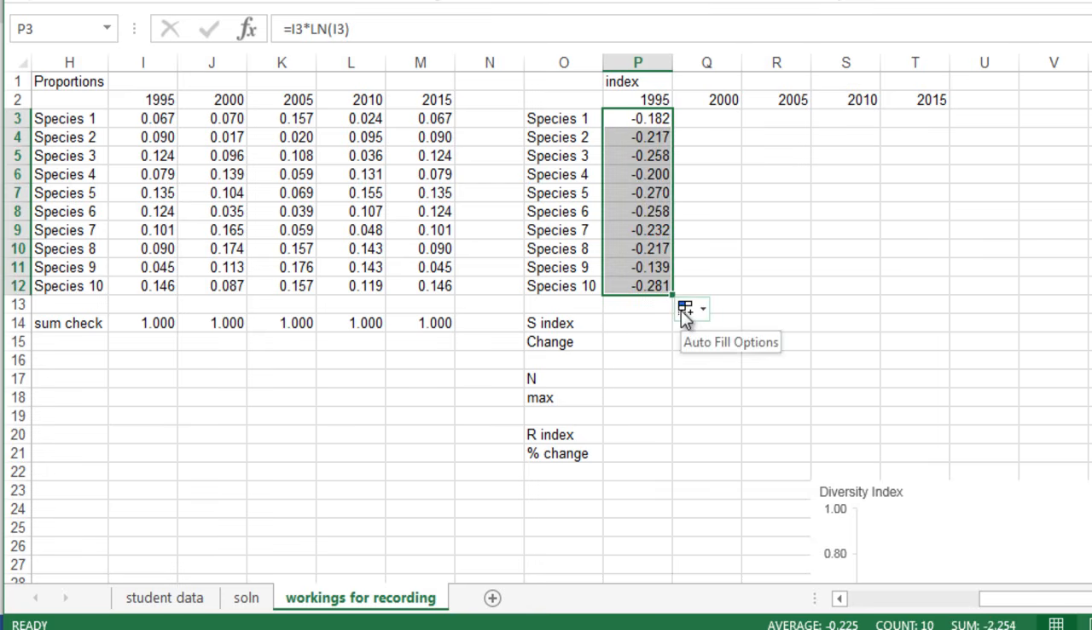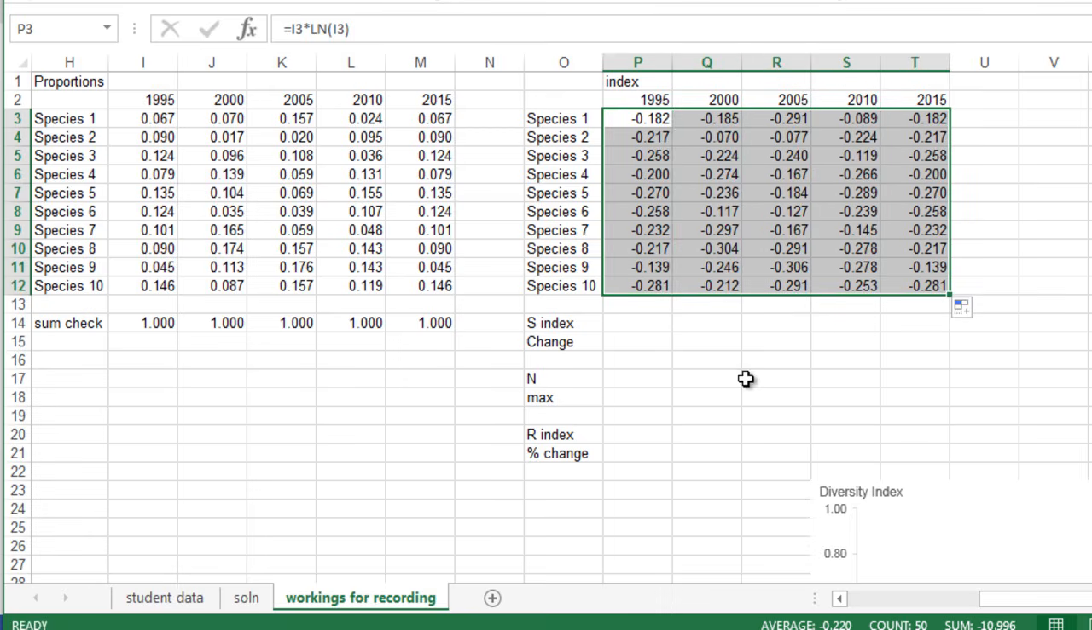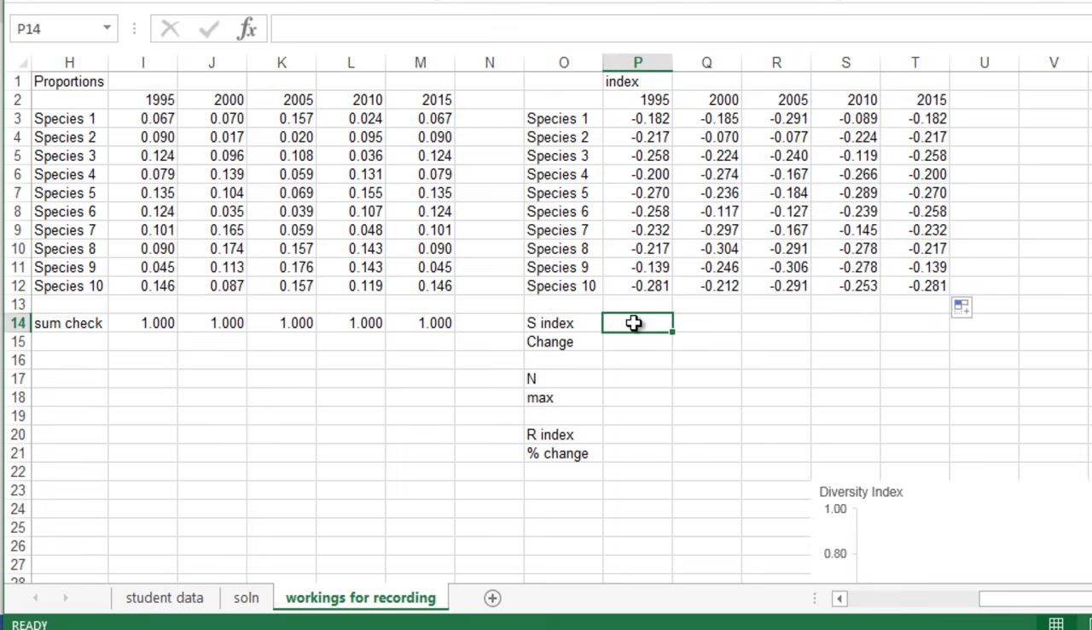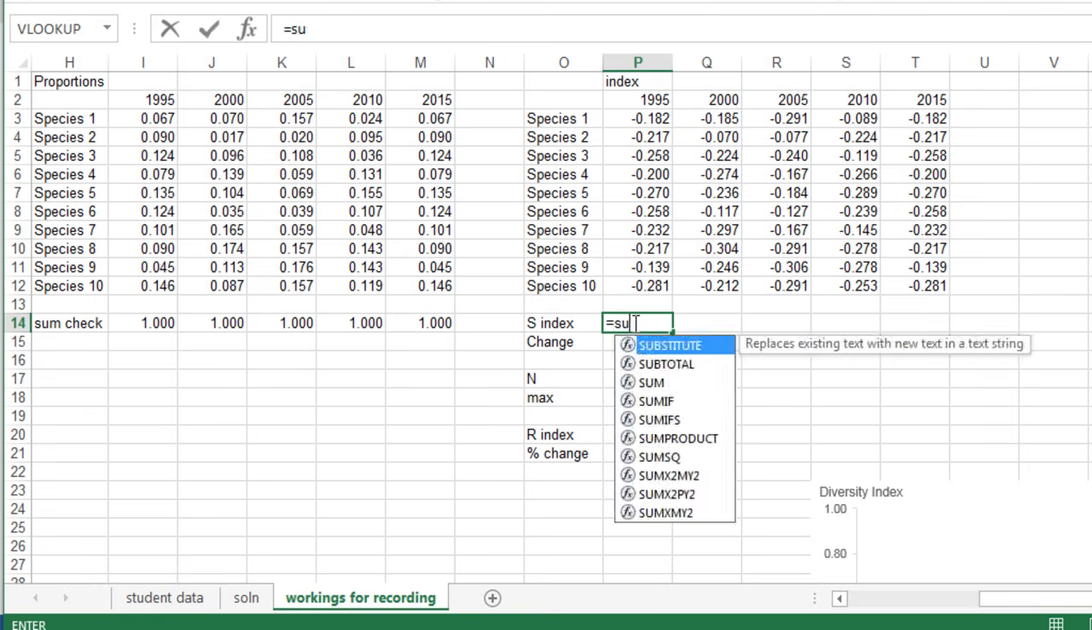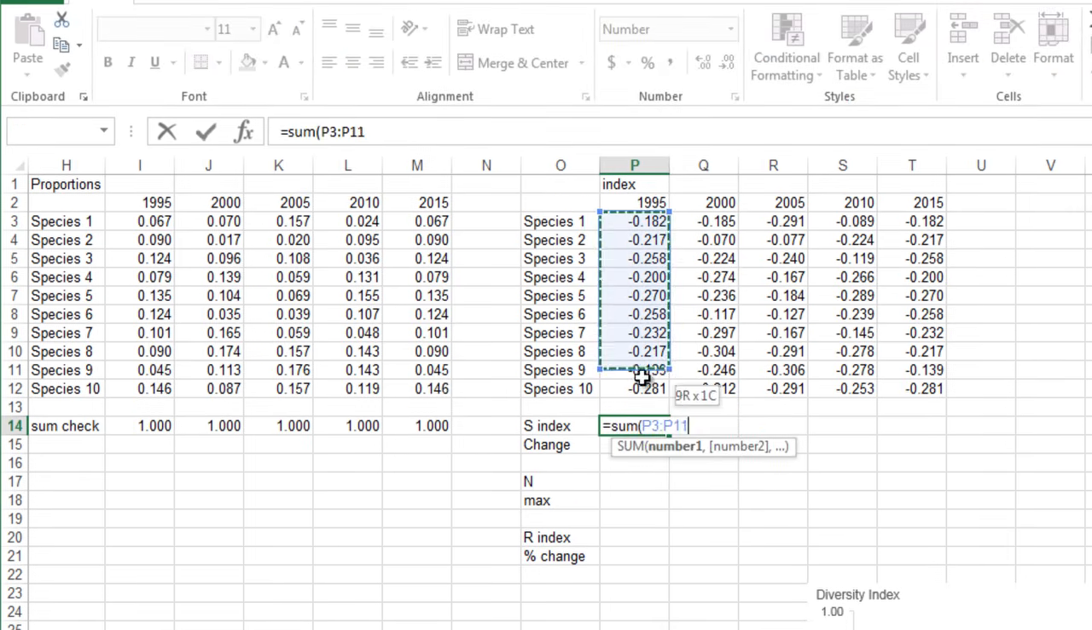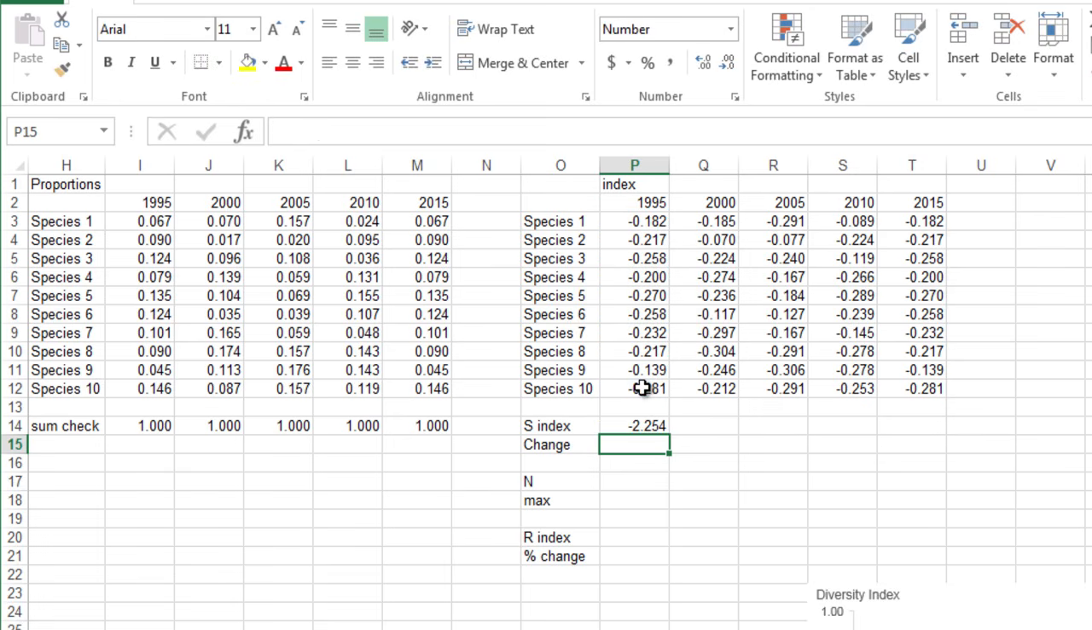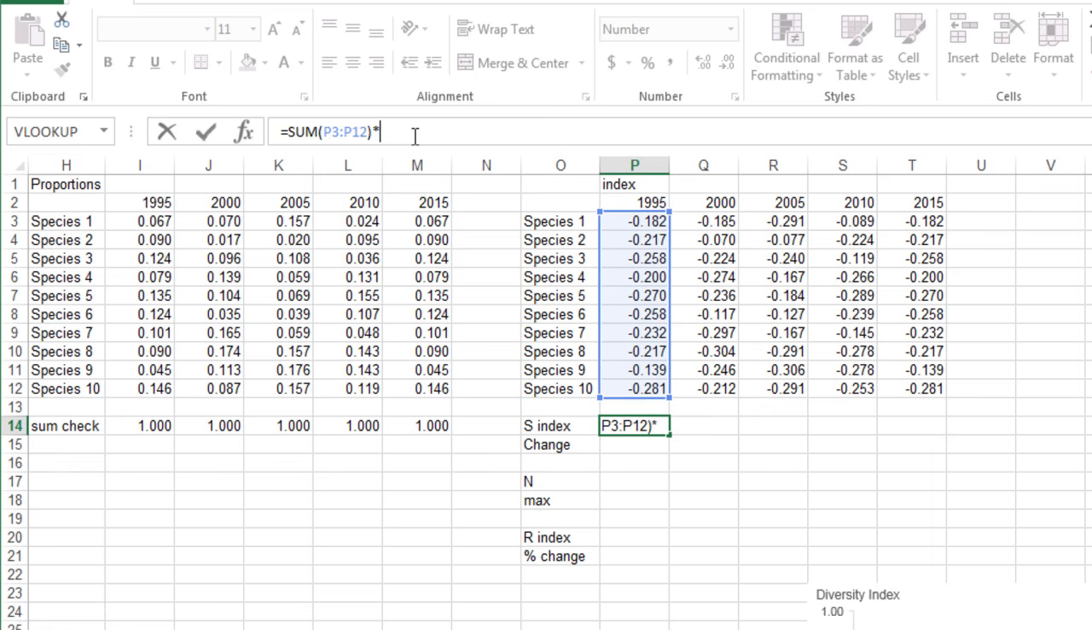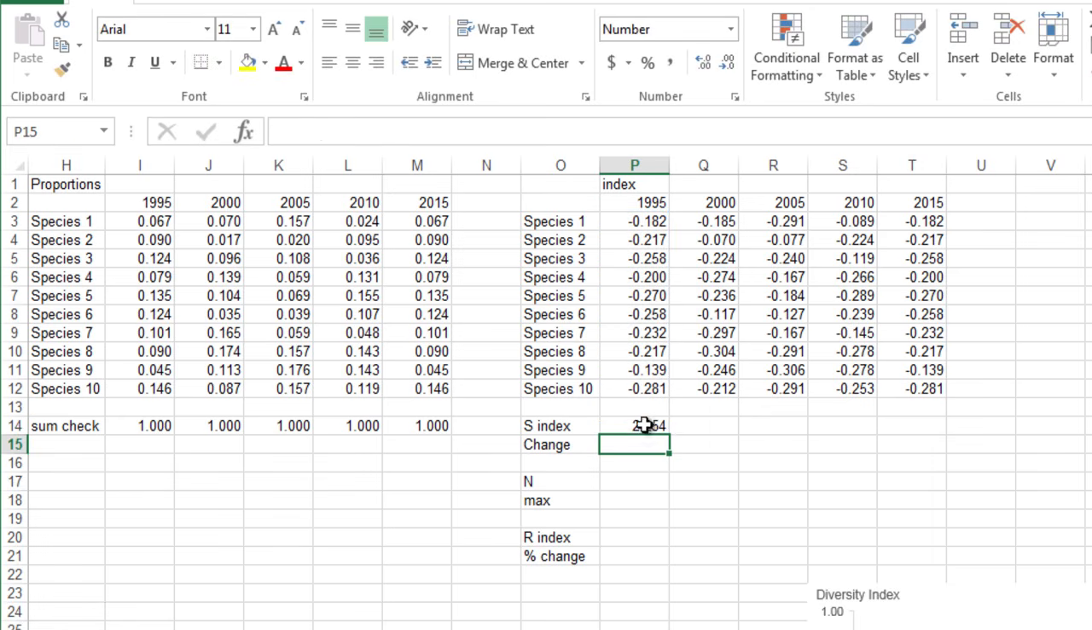I fill down and I just check what's happened here, and I can see, yes, it's applying my formula. And I'm just going to select all of those and drag that all the way across, and that's going to give me my values. Now my index formula, or the Shannon-Wiener index formula, is the sum of that. So we want equals the sum, and it's actually not quite the sum, is it? It's the sum times minus 1. So let's now put in the minus 1, and you can see that if we do that,